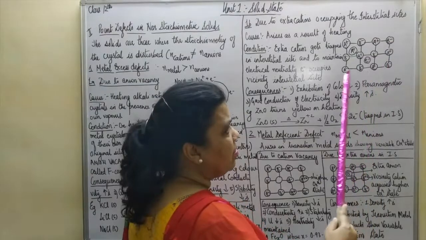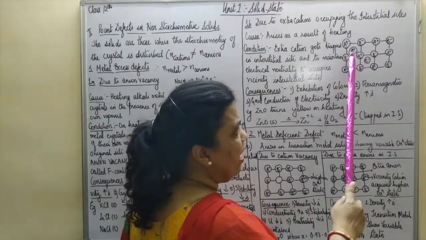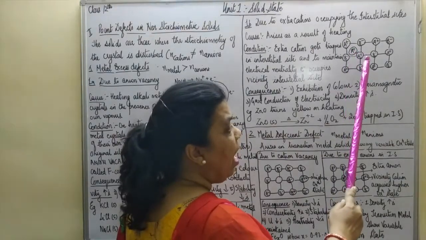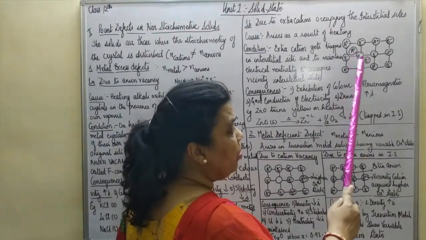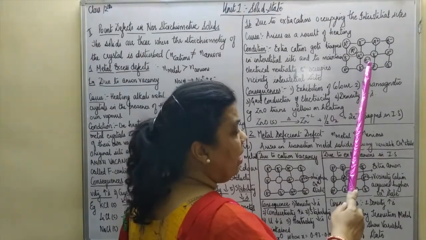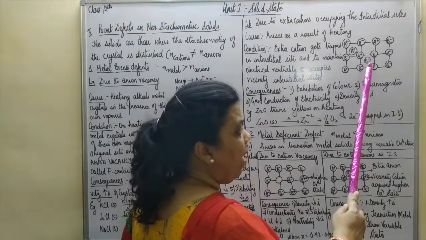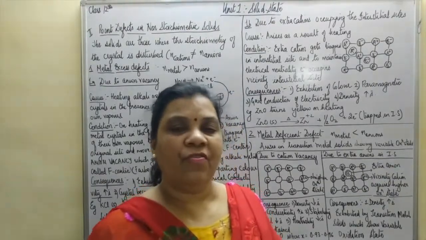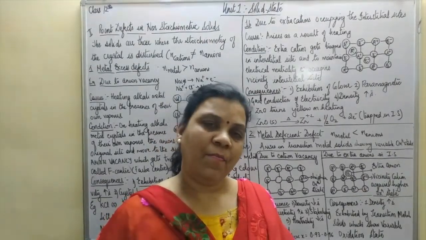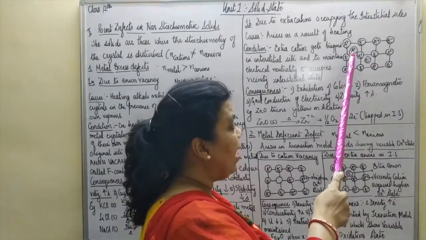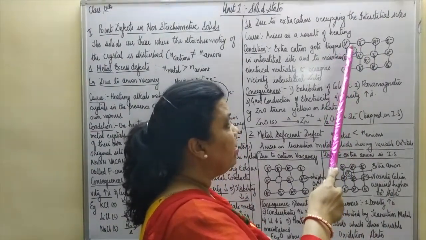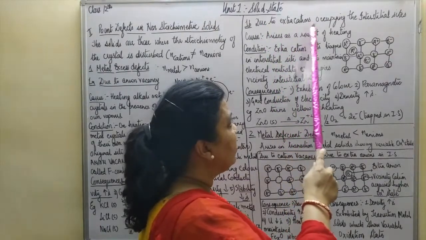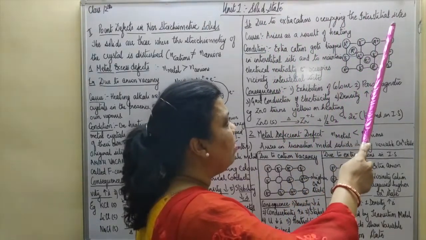Let us consider this ionic crystal where you can see the extra cation Na+ getting trapped in the interstitial site, and to maintain the electrical neutrality, an electron also gets trapped in the vicinity interstitial site, so that electrical neutrality of the crystal is maintained. Now here you can see extra cations are occupying the interstitial site, as the name of the defect is due to extra cations occupying the interstitial site.